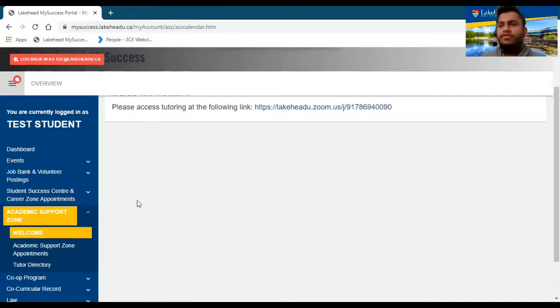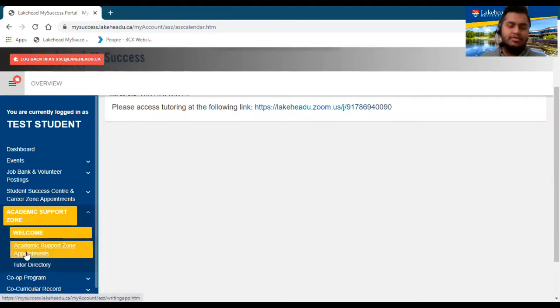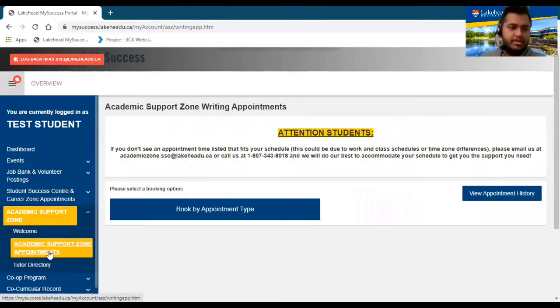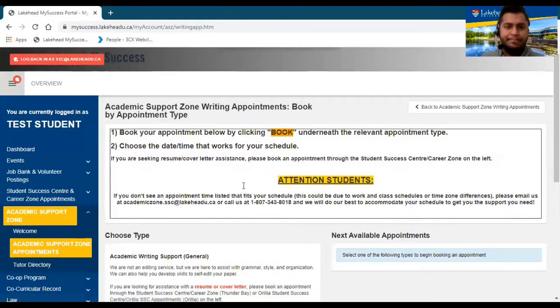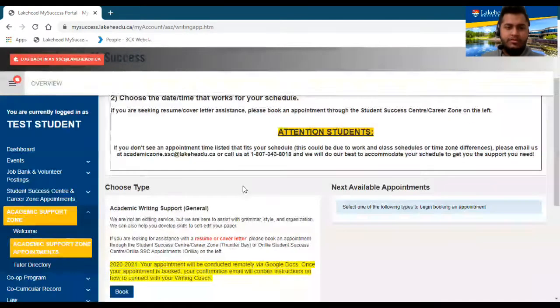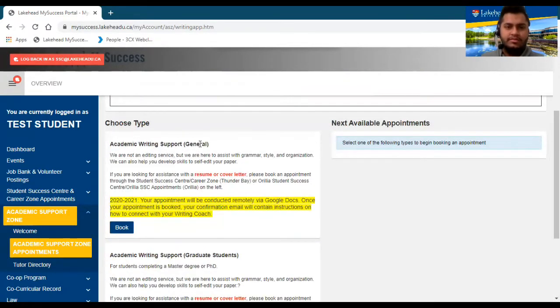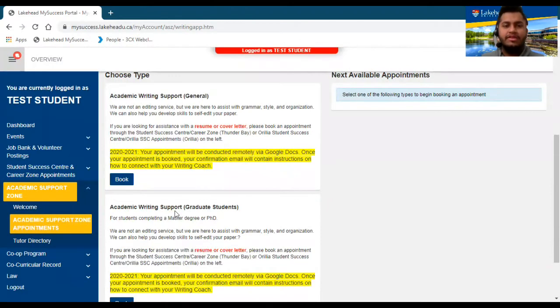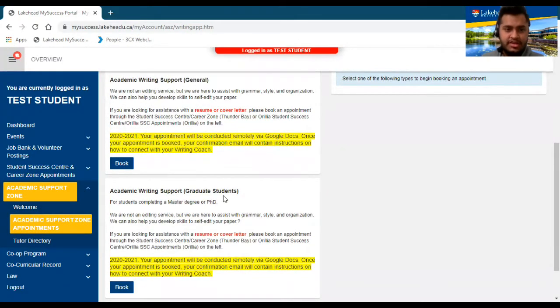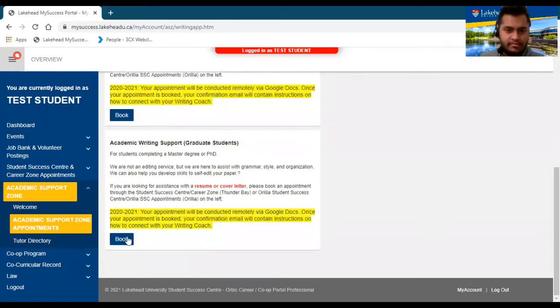And if you're looking for appointments with the Academic Support Zone, you have to click on this here, Academic Support Zone appointments, then go on book by appointment type. There are two types of support: the academic writing support general and the academic writing support for graduate students. So all you have to do is go and click on book,